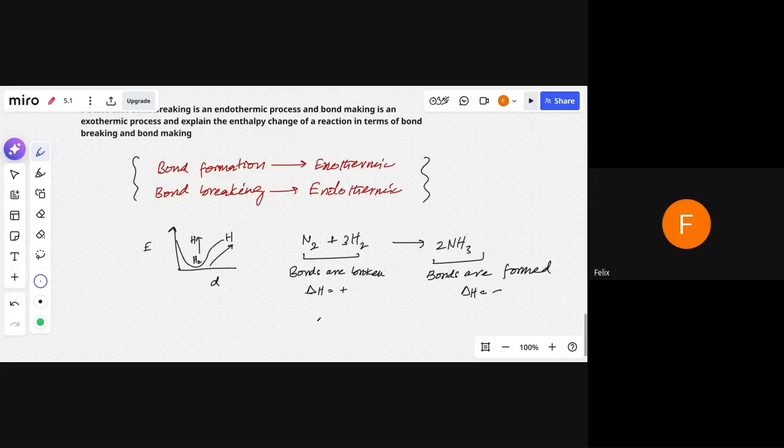We have two scenarios. Let me write it like this: if the heat absorbed during the bond breaking process on the reactant side is greater than the heat released,